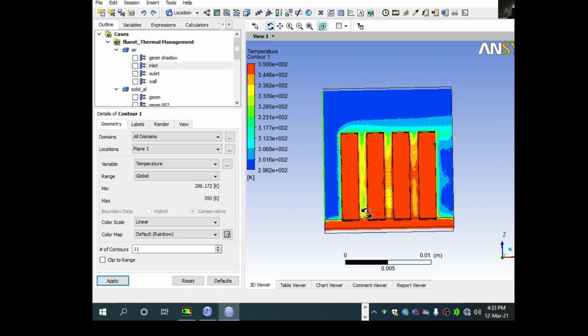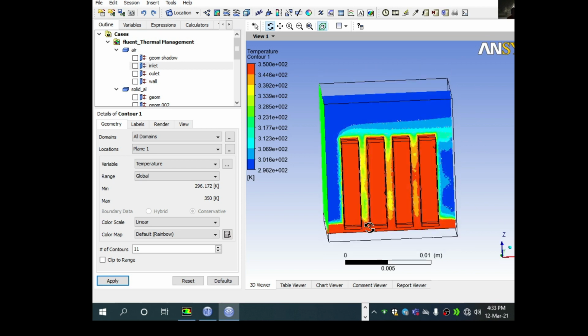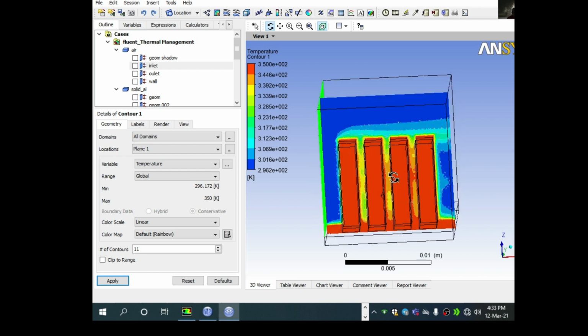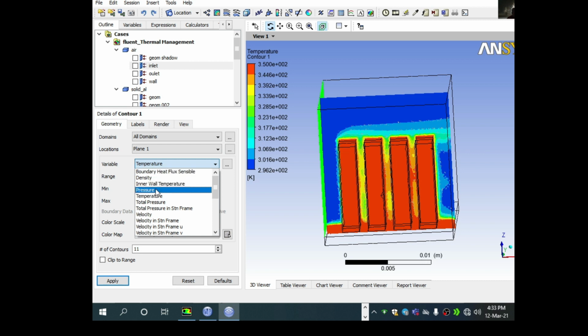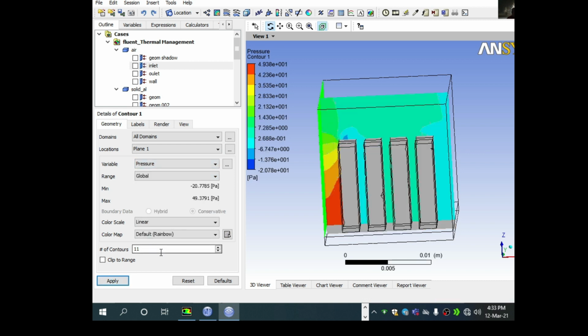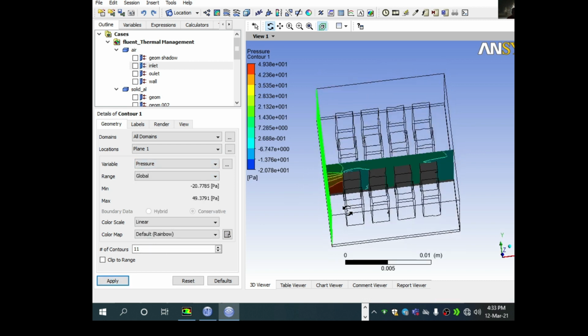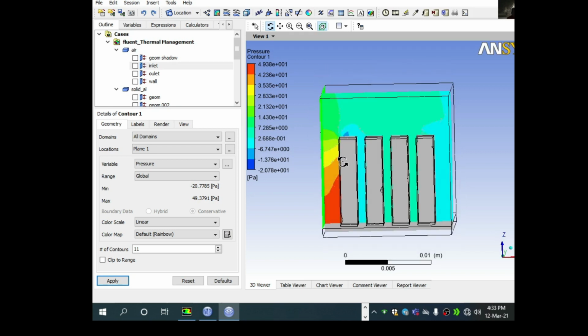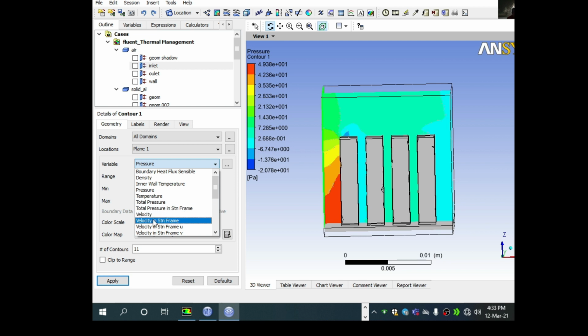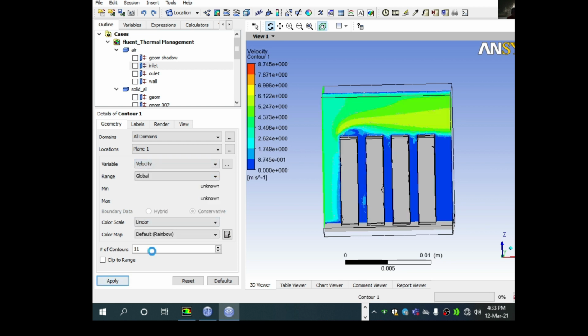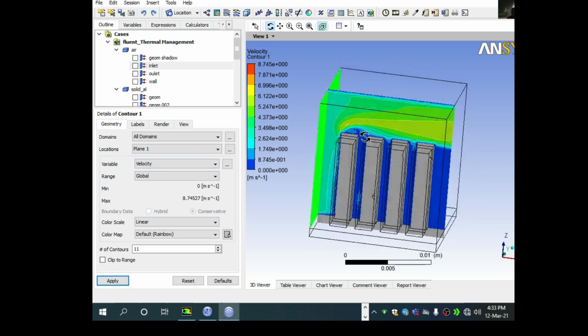You can see all the fins from the base to the tip are hot. In the same way we can see the pressure variation, how much pressure drop is there. Here it is, at the inlet there is more pressure drop. You can see velocity also, it is a velocity profile.